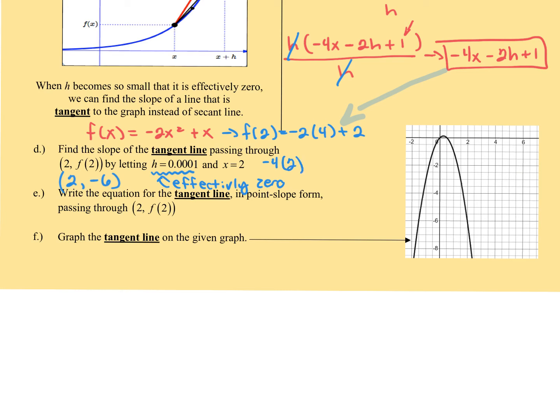We can see that both because it says x is 2, but it's also this 2 right here, the same 2. And then since the h is so tiny, we get to pretend that it's 0. So we say minus 2 times 0, and then plus 1. And then we simplify that whole thing out, and we're going to get a